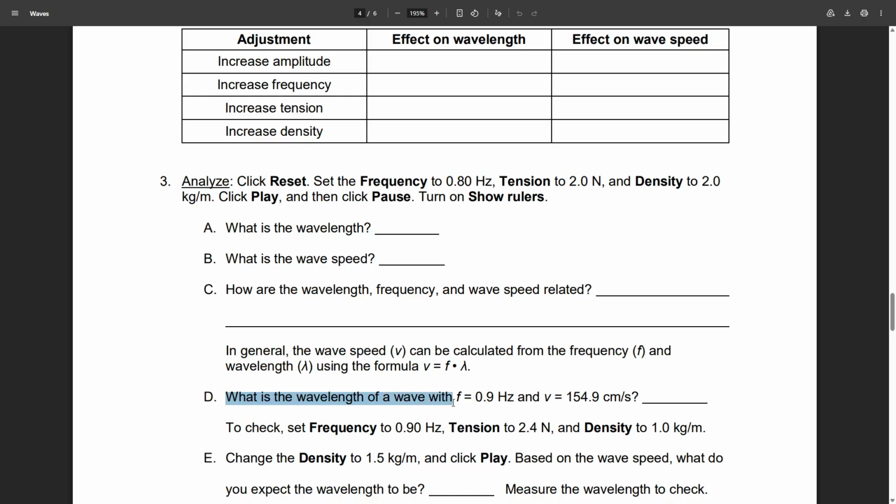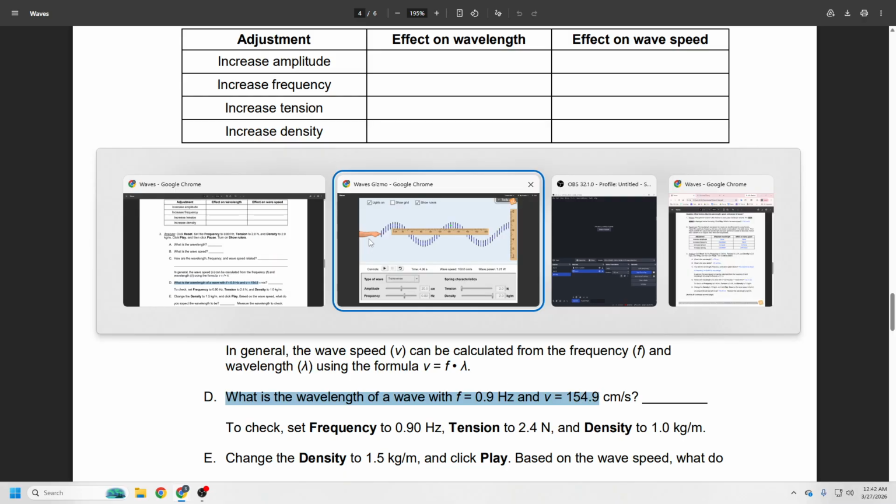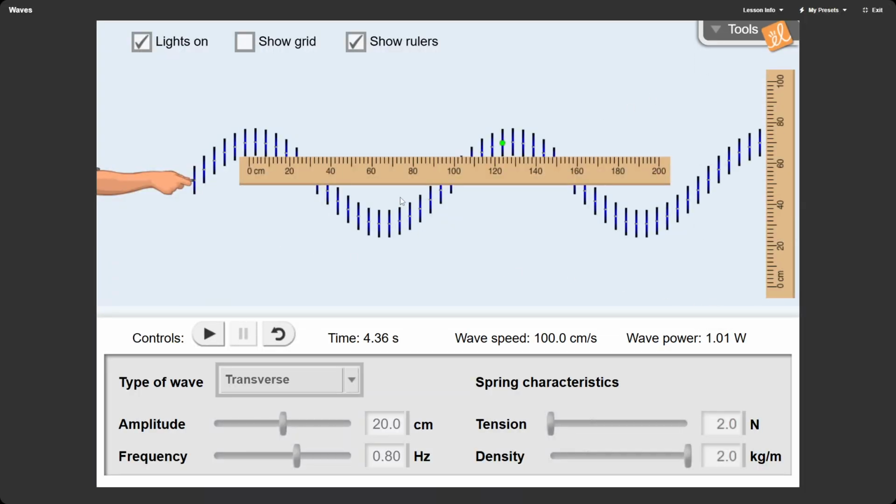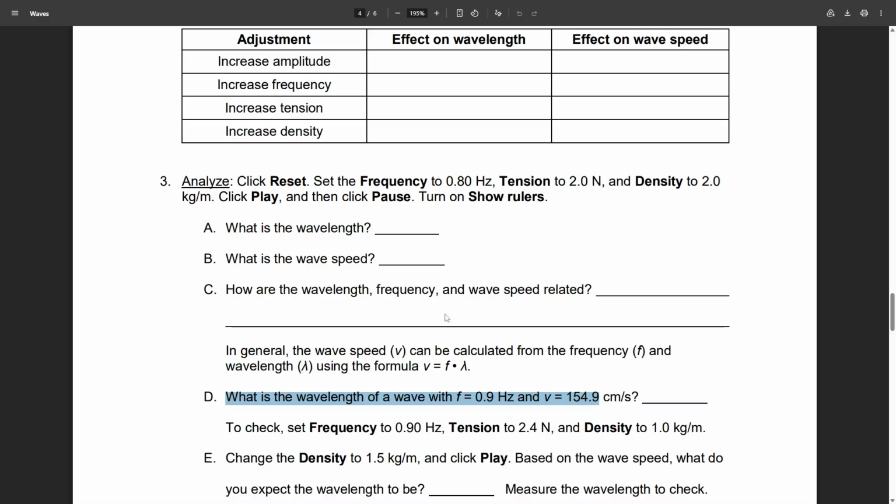What is the wavelength with f is 0.9 and V is 154.9. Now, I believe if you go here, you can pull up tools. No, they don't have a calculator. So what I would do is I would put up a calculator, and what you want to do is you want to plug in your information. So you take the 0.9 in your calculator and you divide it, or sorry, divide 154.9 by 0.9. That should give you a number that is larger than